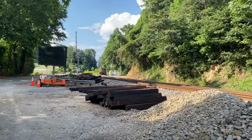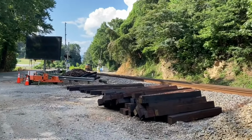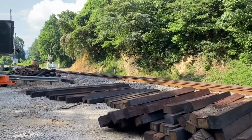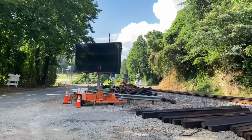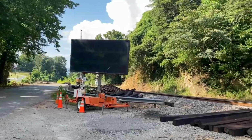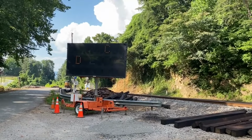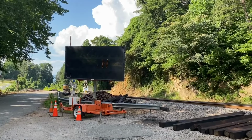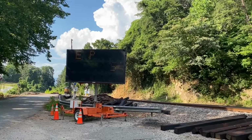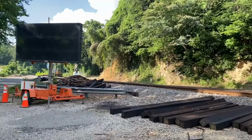You can see the cross ties and the used plates and spikes up there where they're replacing ties through this section. And they've put this sign up. I know it's gonna be hard to read because I don't think the camera will pick it up, but it says the railroad crossing is going to be closed 7/15/24 from 4 a.m. to 7 p.m. And they're going to tear this crossing up,